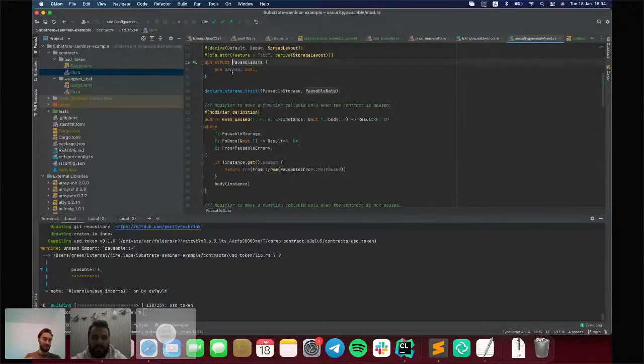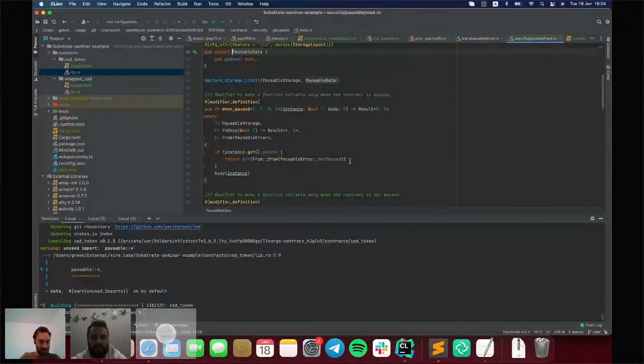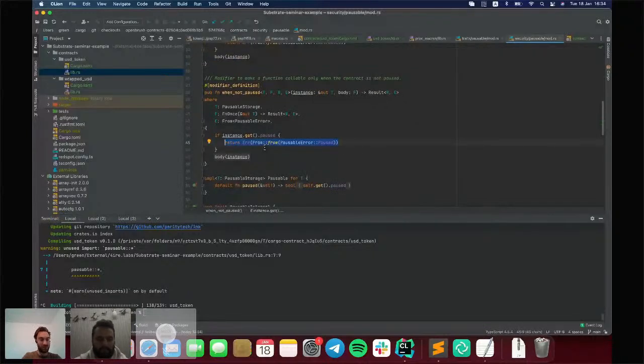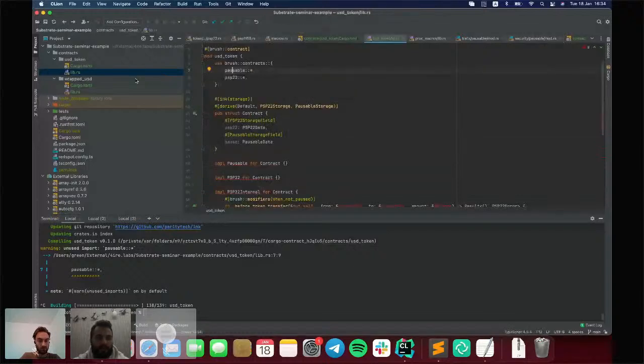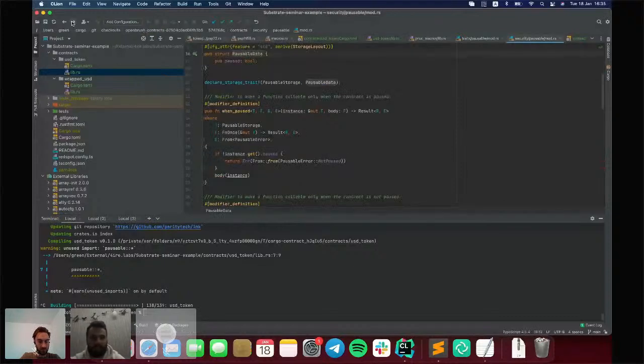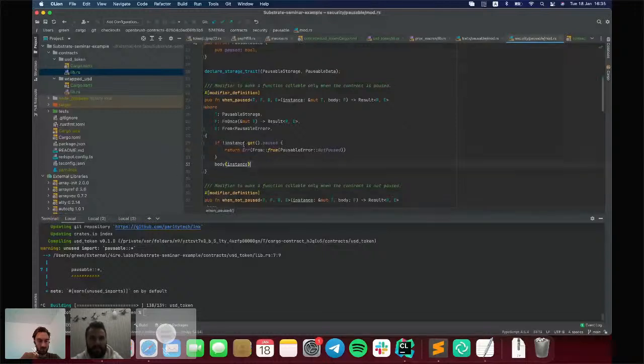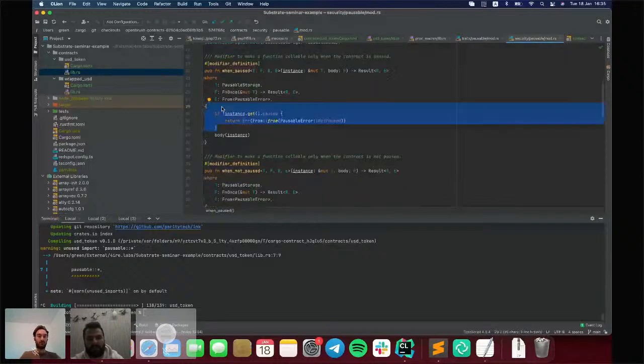Okay, this modifier is really like Ethereum Solidity modifiers, right? Where you add the modifier before entering the function. Yeah. Also, like in Solidity, you can specify how you want to execute the body of the function. For example, in OpenBrush, first we check whether the contract is paused or not, and after we execute the body.